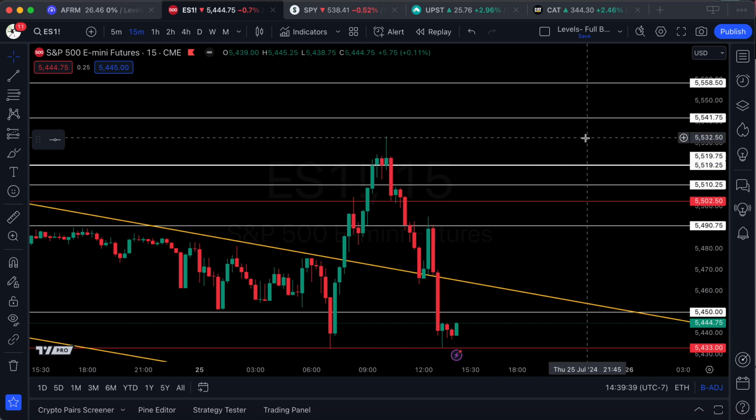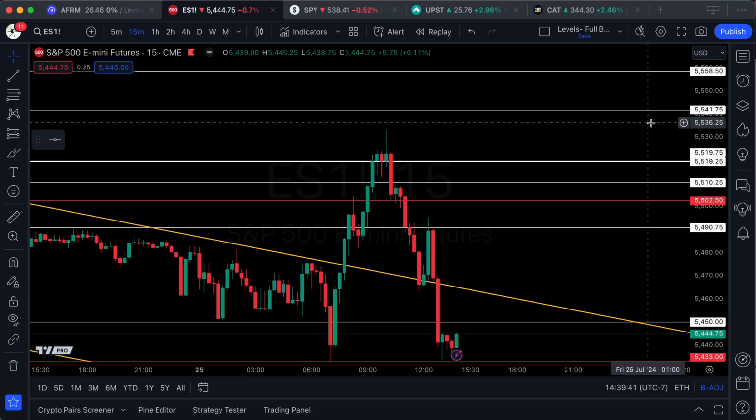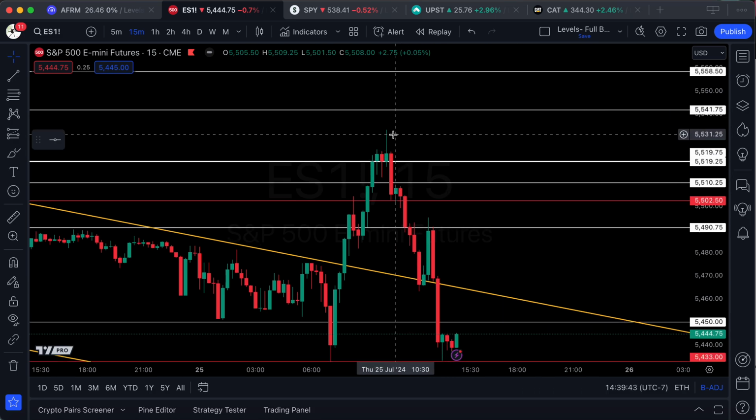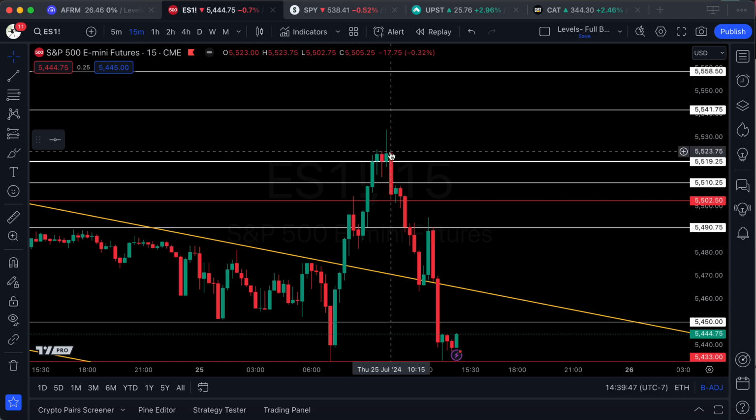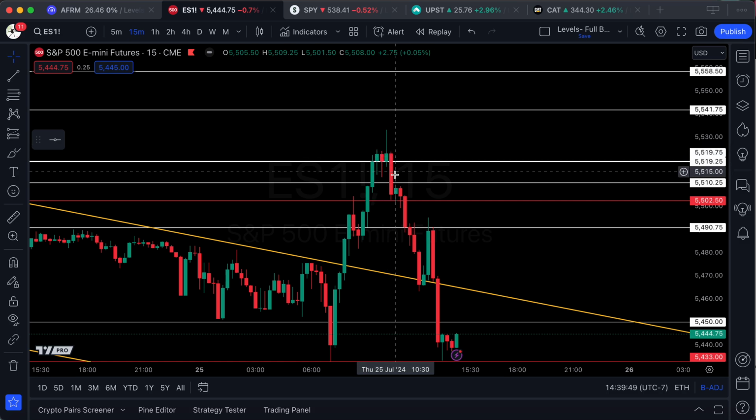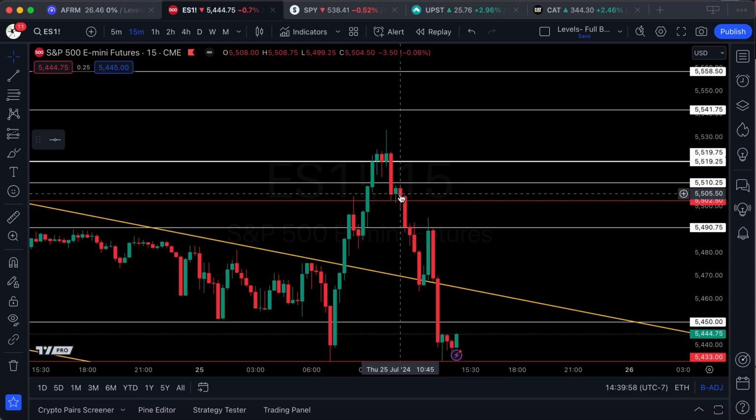Another thing to remember is that when there's a lot of space between levels, so here you've got 21 points between ES, right? So you know that they're going to defend that hard. They always get defended hard. So they fall through the level. So now I'm in puts here, right? Quick put scalp. I think I said our target was like 5503. I want puts to that 5503 level.